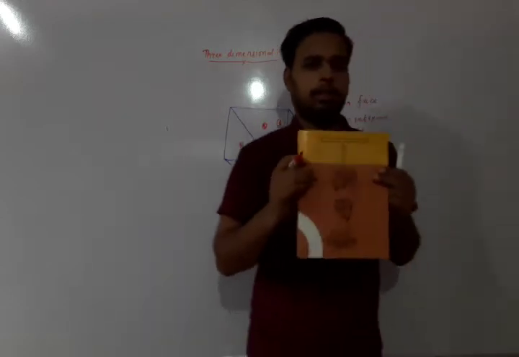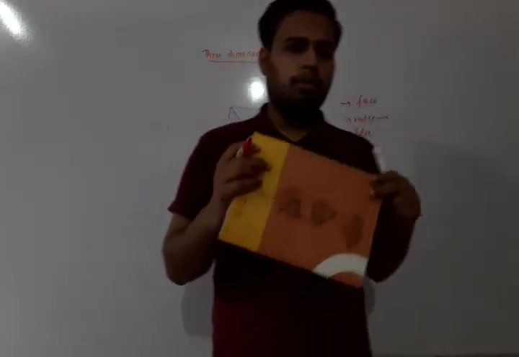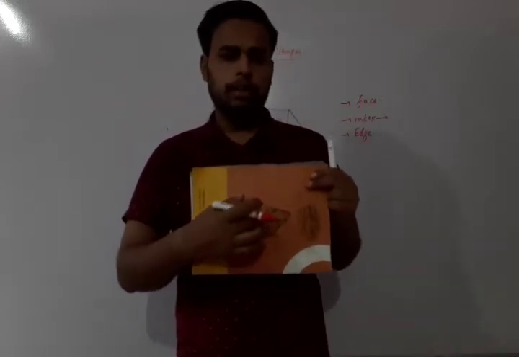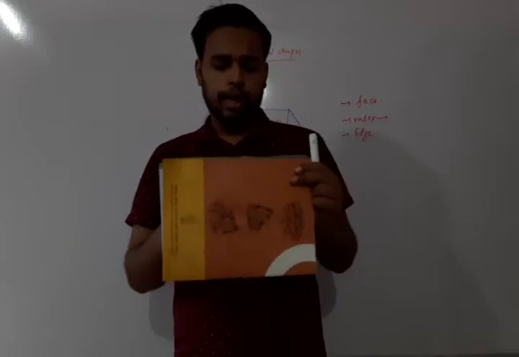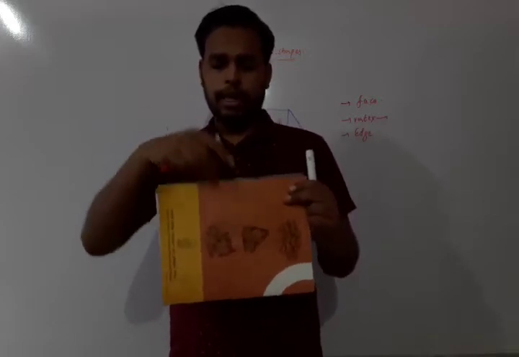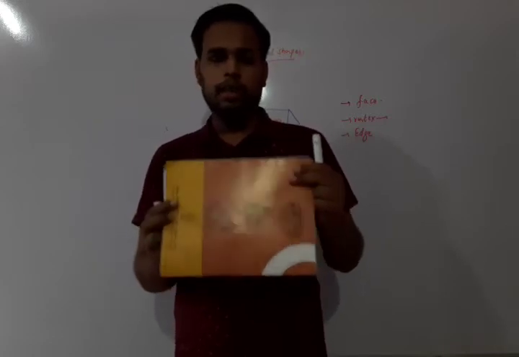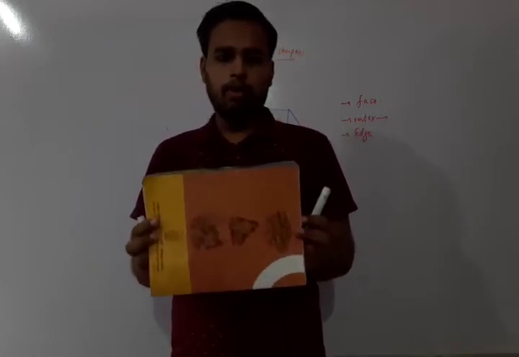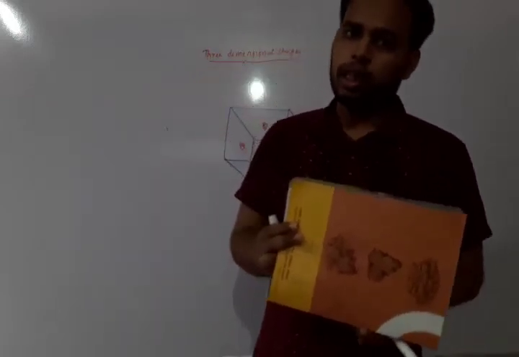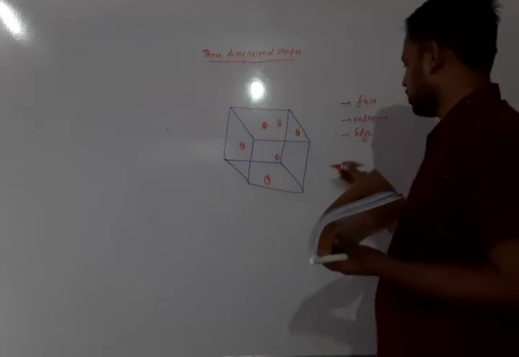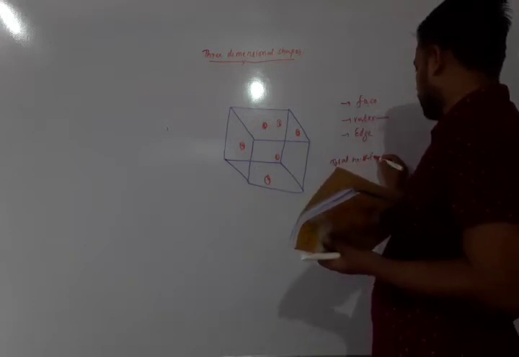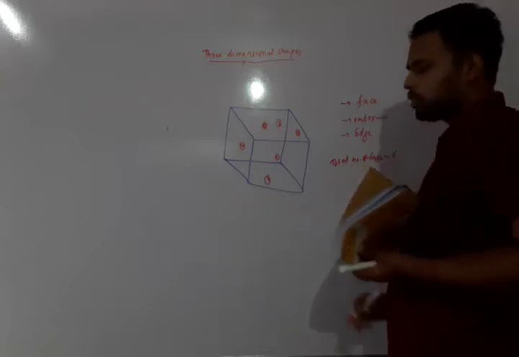This. What will be the shape of a book? The shape of a book will be cuboid. This one is the first face. This one, and the opposite of this will be the second face. This one will be the third face. This one will be the fourth face. This one will be the fifth face, and this one will be the sixth face. So the total number of faces is 6. So what can you write? The total number of faces will be 6.